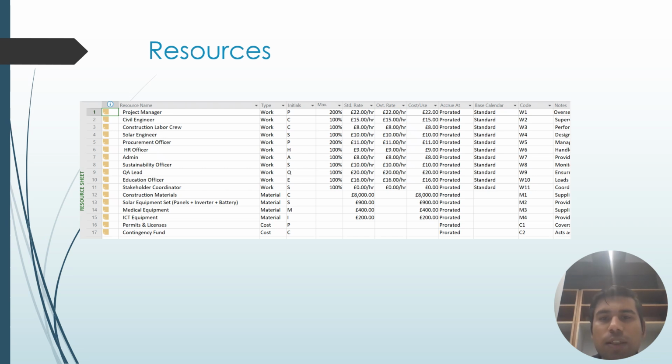you can see in the resource sheet as well. This setup ensures accurate budgeting, cost control, and effective resource management. Overall, this setup ensures proper cost control, resource planning, and financial accuracy throughout the project life cycle. And now I am moving forward to my next slide,